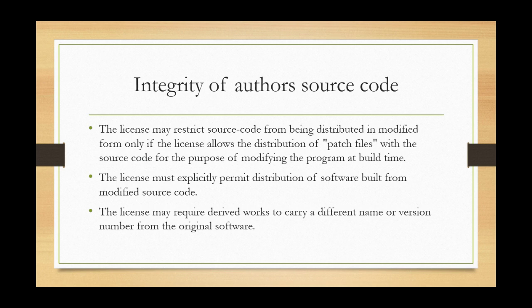But another thing is about integrity of author's source code. If the license allows the distribution of patch files, for example, along with the source code, then that license may restrict source code from being distributed in a modified form, unless the license allows the derived works to carry a different name or a different version number from the original software. So if your software produces patch